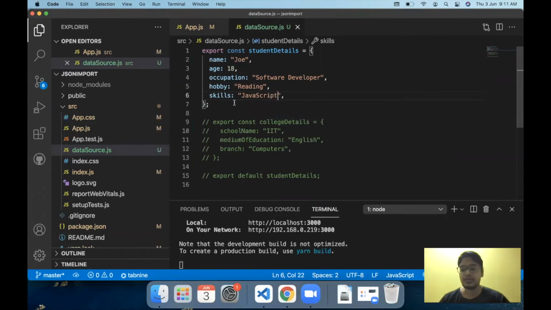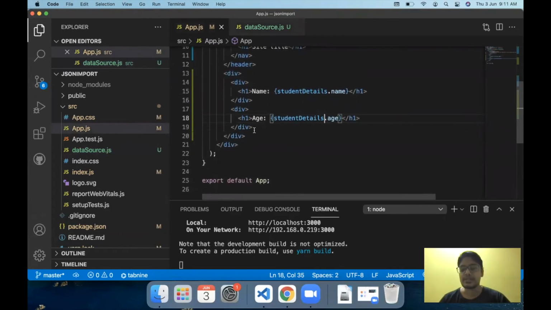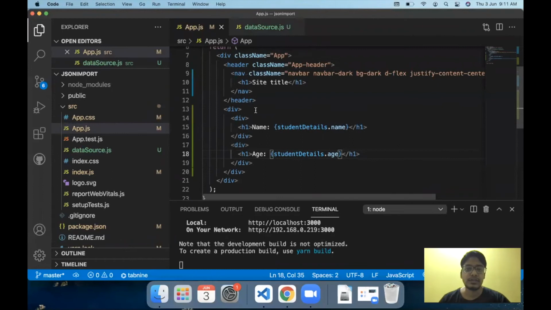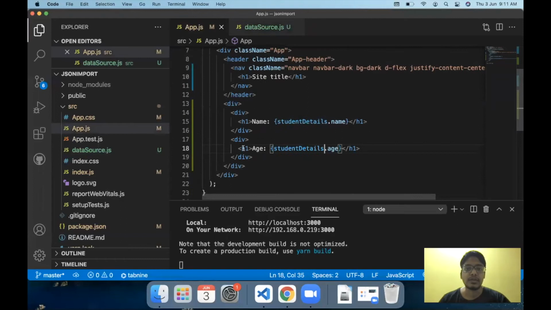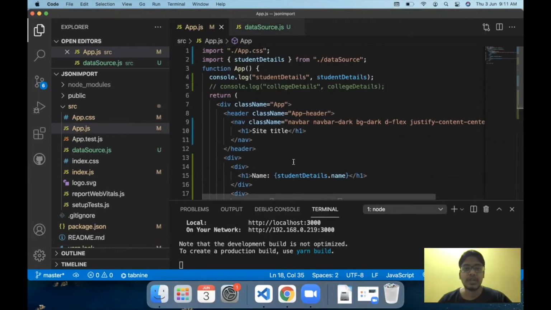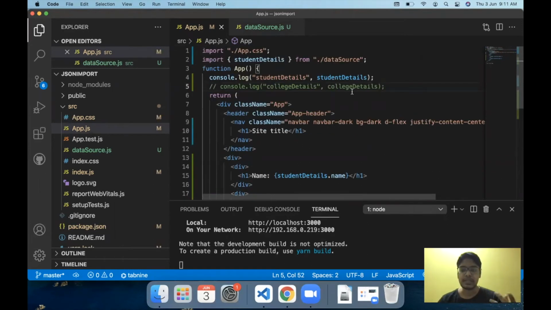So when we have 4-5 variables like this, using those variables like div h1, div h1, div h1 for 5 times, we'll be repeating code a lot of times, right? We don't want to do that. Now, how do we iterate over this object which we have in our code and print out all the values instead of doing something like this? So for that, what we do is we make use of arrays. In case of React, we cannot return an object directly. That is not allowed. That is why we need to use arrays to print out those values one by one.